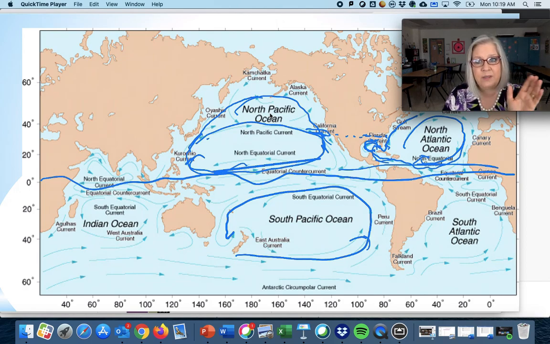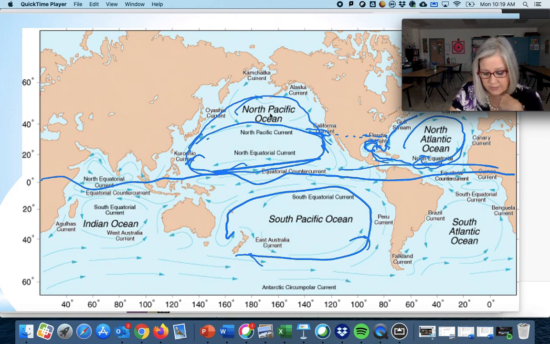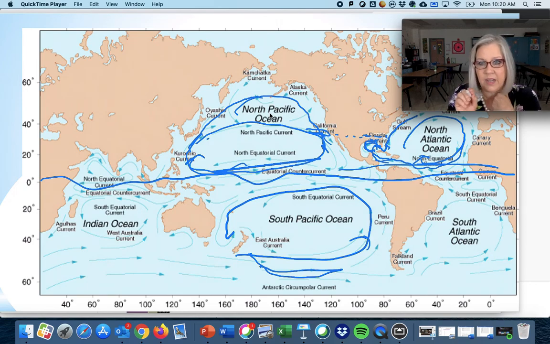In the Pacific, you have just the opposite happening. You're coming from the south, where the water is down here along the Antarctic circumpolar current, and you're going to see a video that I've got for you on that. It's going to get super, super cold. So it's going to move up along the coastline of Chile and Peru, and as it does, it's going to bring very cold water, just like the California coast. So along this western side, you're going to get a cooler side to it than you are over here on